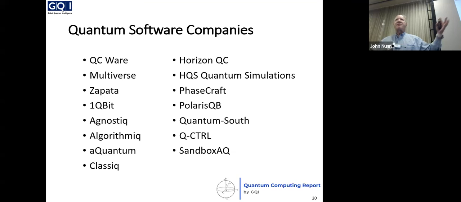And then software. There's a large number of companies that are trying to take the quantum hardware that I was just talking about and write programs to create algorithms that are more efficient than the classical algorithms. These are some of the companies that we work with and report on that are trying to do that. And it's complicated because